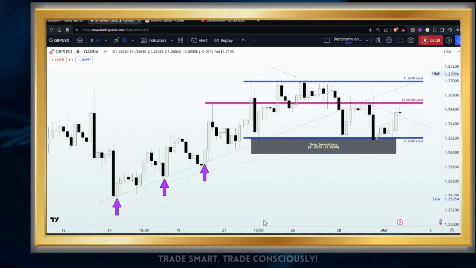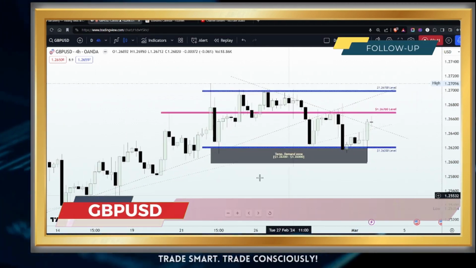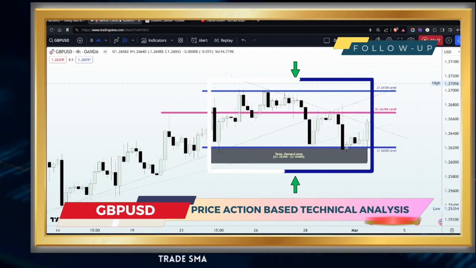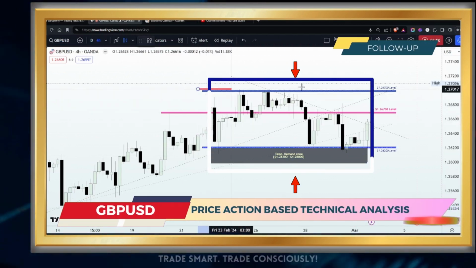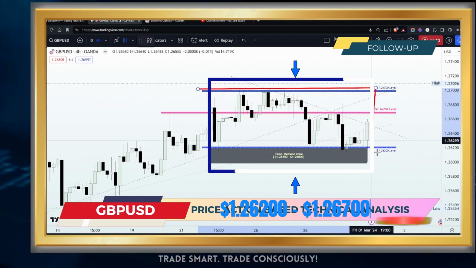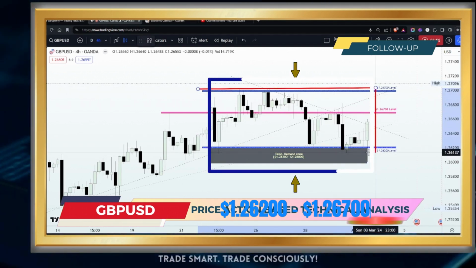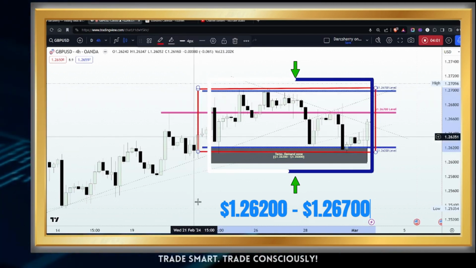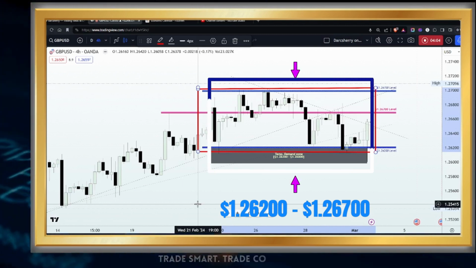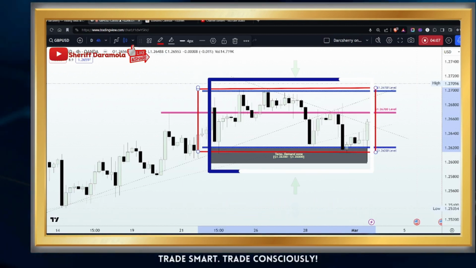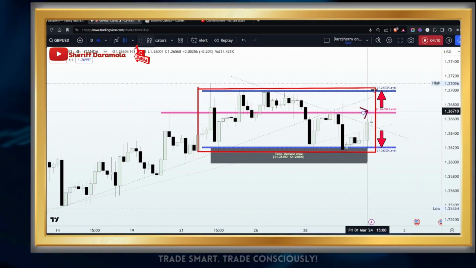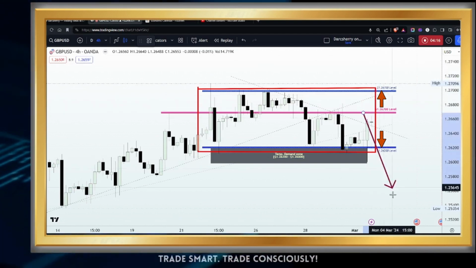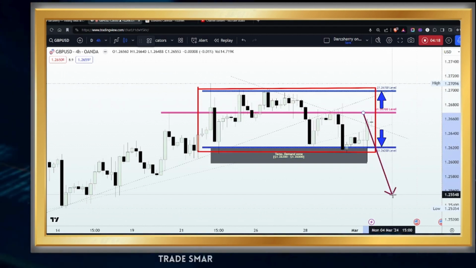Now, in addition to that ascending trend line, there is a range where price action has been confined within the last 7 to 8 days. As you will see, price action has been confined within the 1.267 and the 1.262 area to further emphasize the prevailing uncertainty in this market. And you know how we use our ranges whenever we identify them on our chart. We exercise patience and wait for either price breaking out of the resistance line of that range to give us an opportunity to buy, or the breakdown of the support line of that range to give us an opportunity to